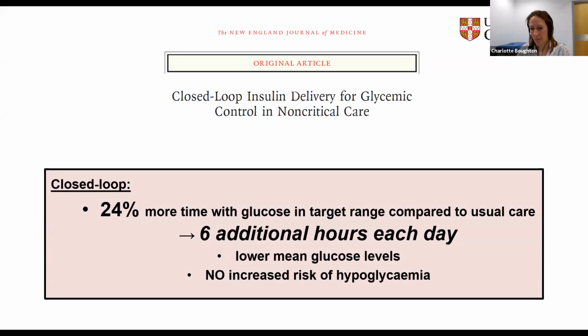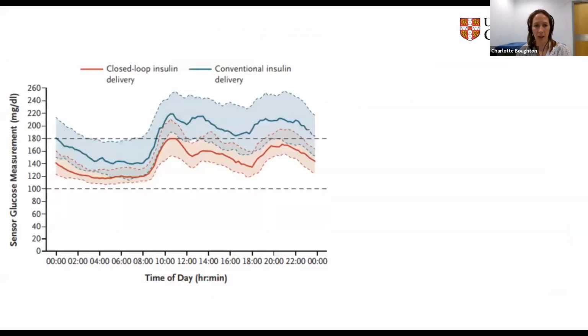They had much lower mean glucose levels, and this was achieved without increasing the risk of hypoglycemia. This graph here really just shows the difference between the two therapies. The brown line and shaded area is the glucose control in those who use the closed loop system. You can see the vast majority of this is within the target glucose range, which is the horizontal lines. Whereas in the conventional insulin delivery, the glucose levels are on average much higher, with much greater time above